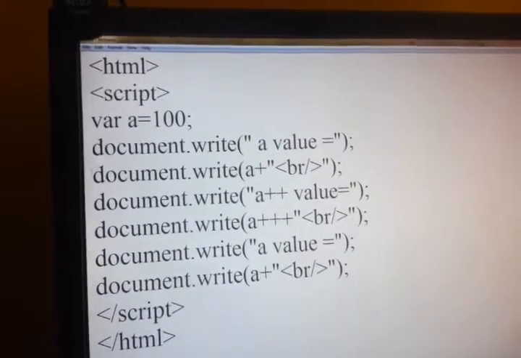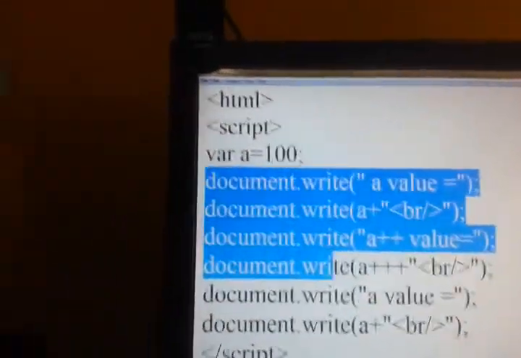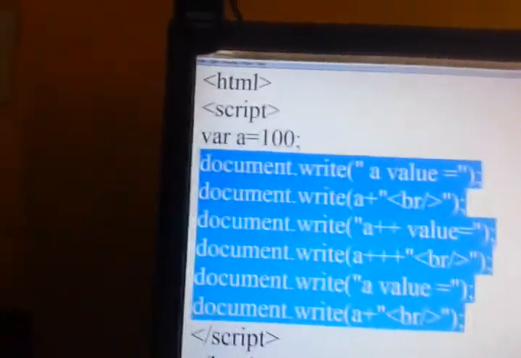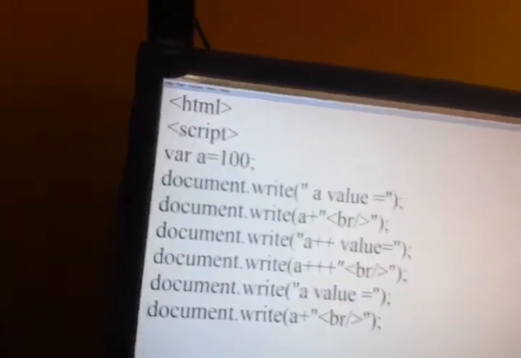Post increment means first it will display the value, later on if you are trying to use that particular value, then only it will increment. Okay. Now similarly we will see what happens if we use pre-increment. Okay. In the same code, I will just modify it. We will use this code as well as we will write for